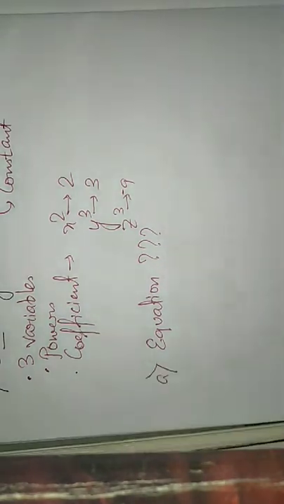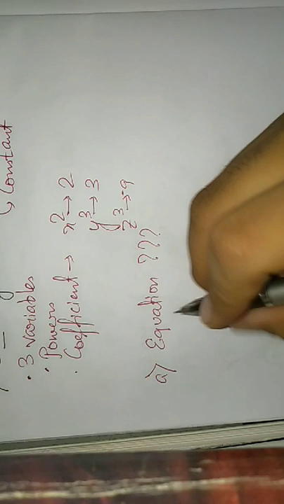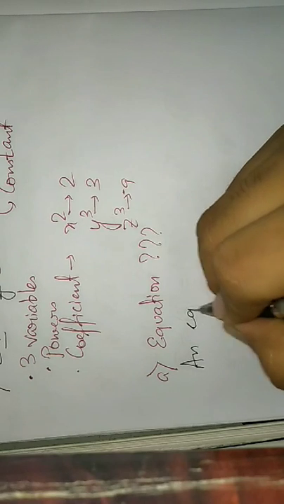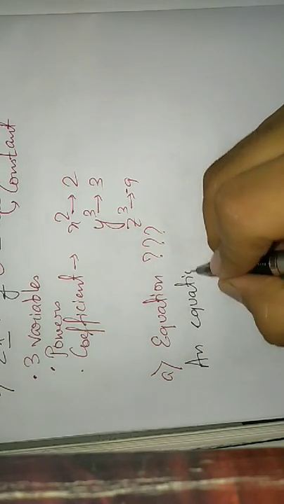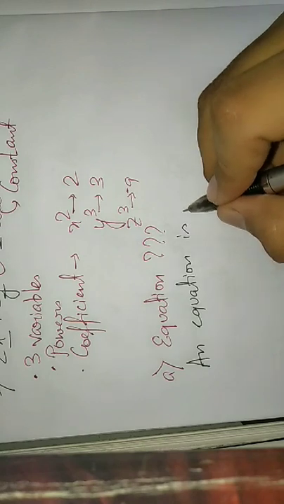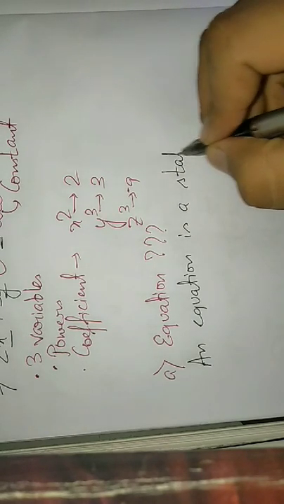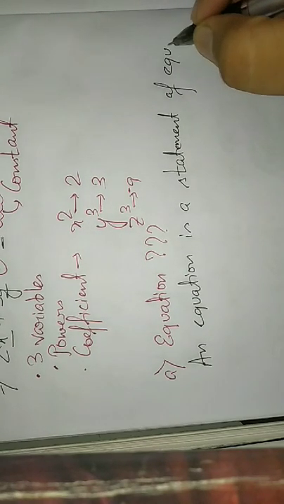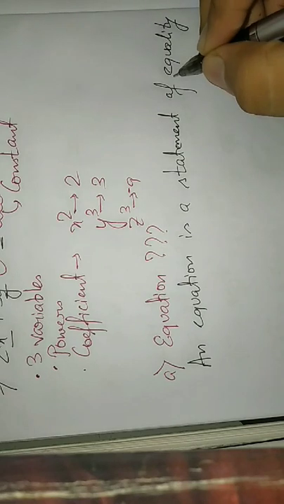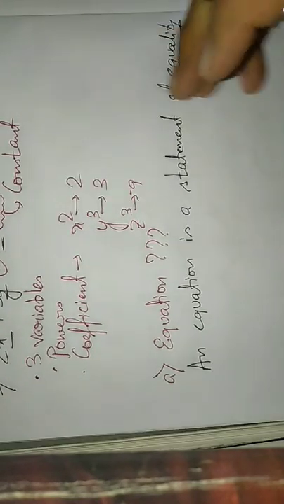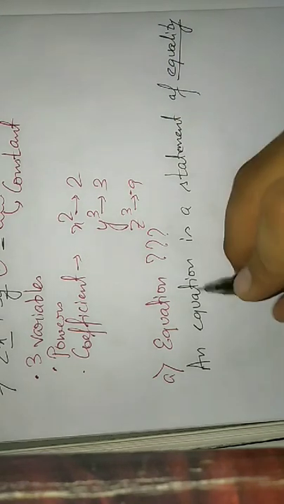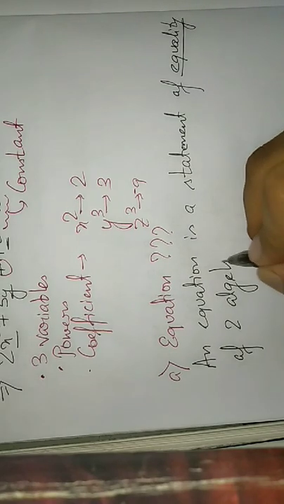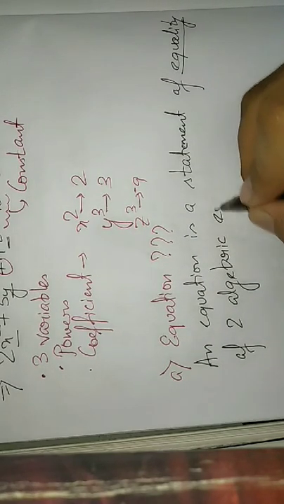If we want to define an equation, so an equation is a statement of equality. I'm underlining equality, I'll explain you. An equation is a statement of equality of two algebraic expressions